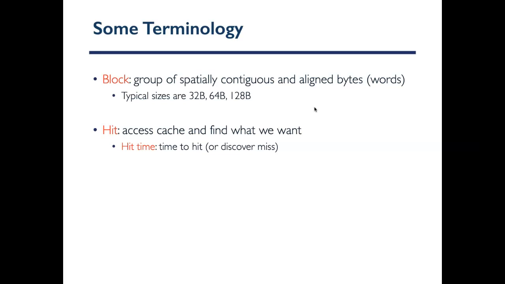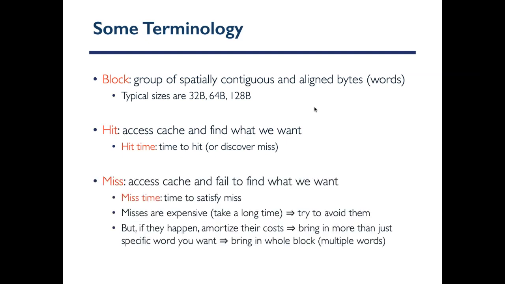And then hit time means how long it took to realize that you have that entity in your cache. And then a miss means that you first accessed your cache and you couldn't find that entity inside your cache, so you missed there. And now you have to go and bring that entity